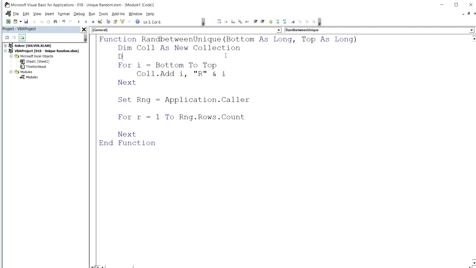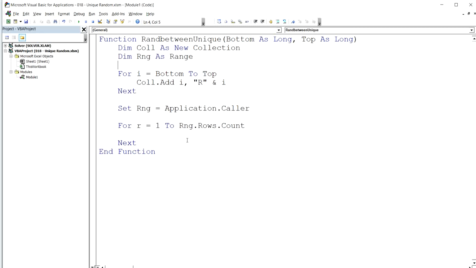So let us first of all define rng as Range like this. So we have given r. Now For c = 1 To rng.Columns.Count. So this would be doing the loop in columns. Now this is doing the loop in rows, this is doing the loop in columns. So now here we need to create an array.